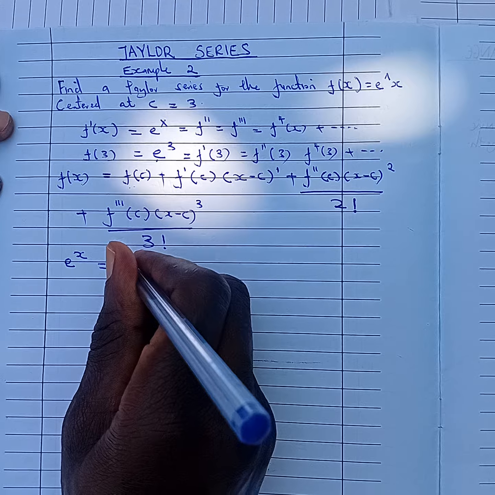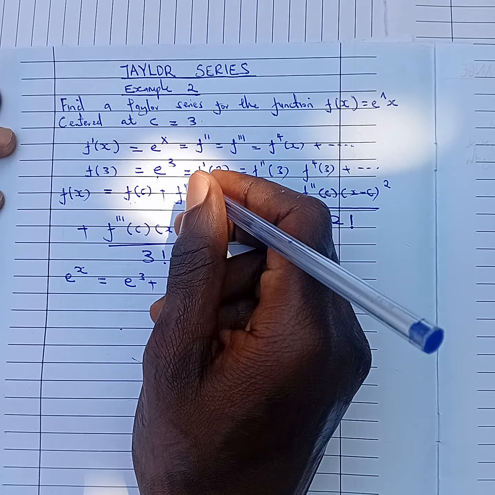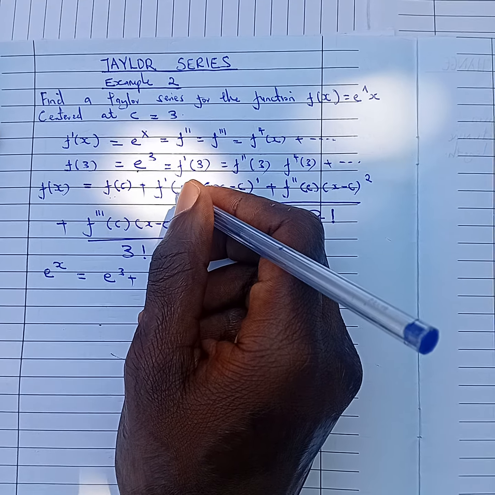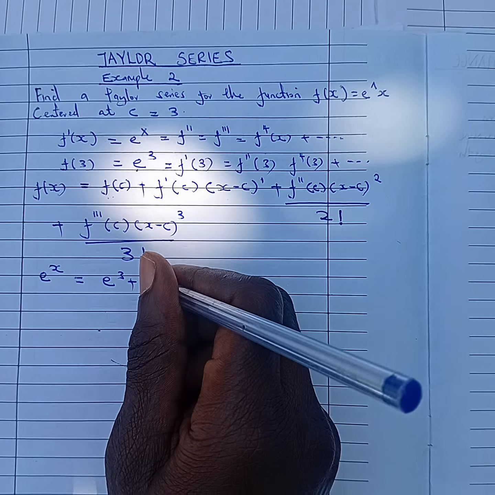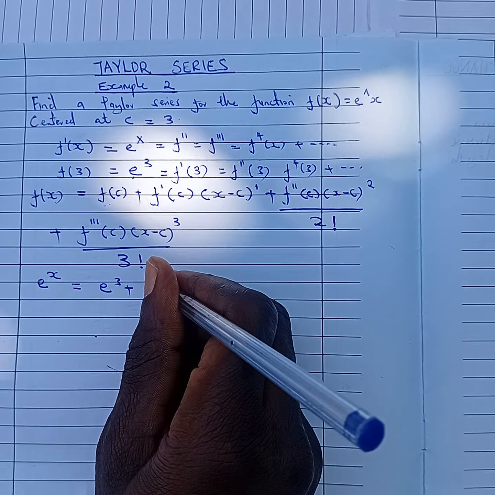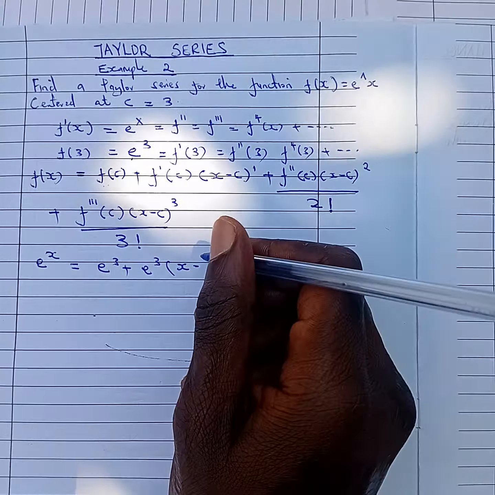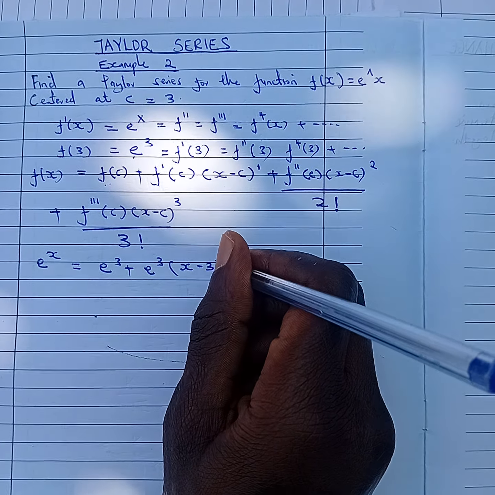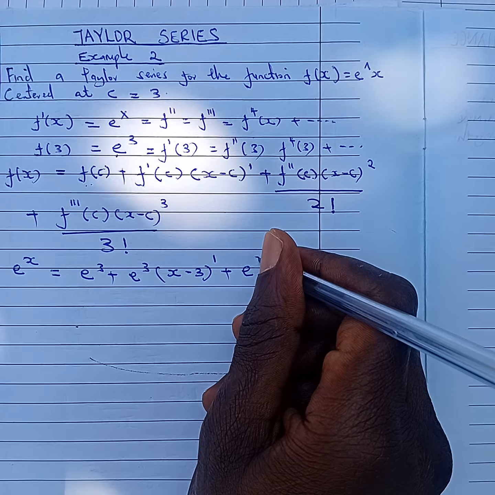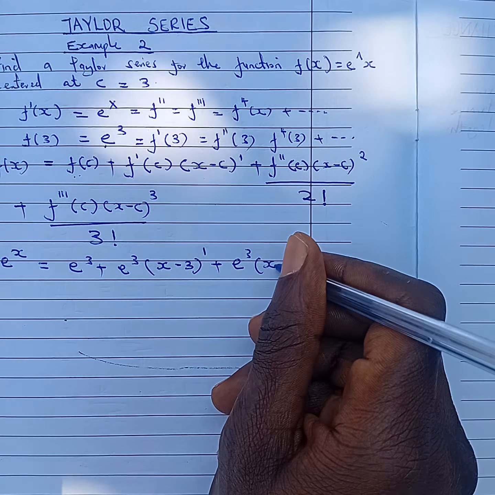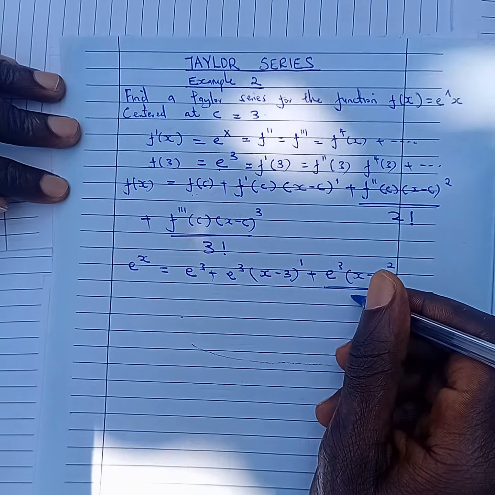So we have e raised to the power 3 plus f prime of c, which was still e raised to the power 3, into x minus c, where c is 3. So e raised to the power 3 into x minus 3 raised to the power 1, plus e raised to the power 3 into x minus 3 squared over 2 factorial,